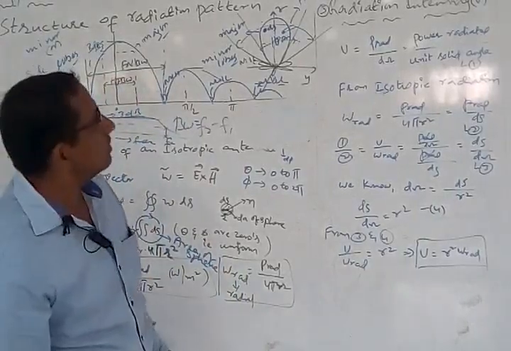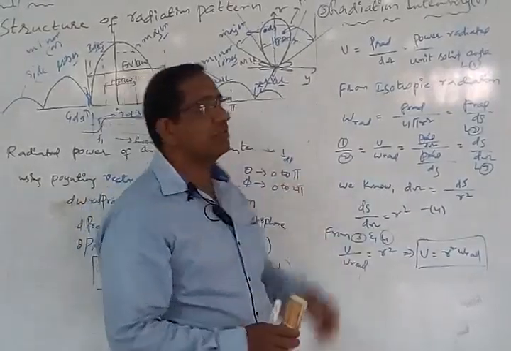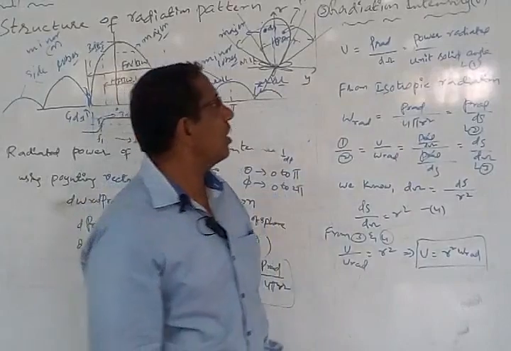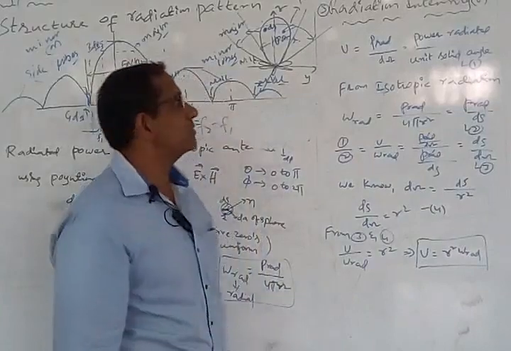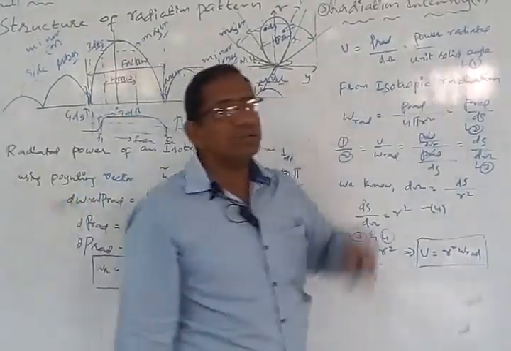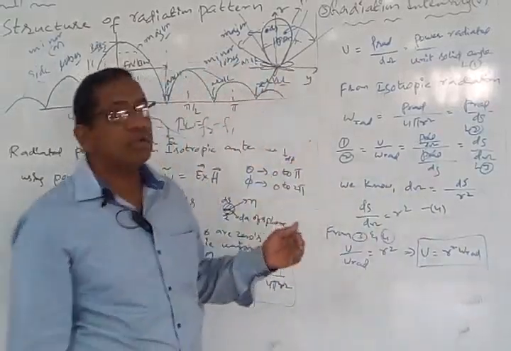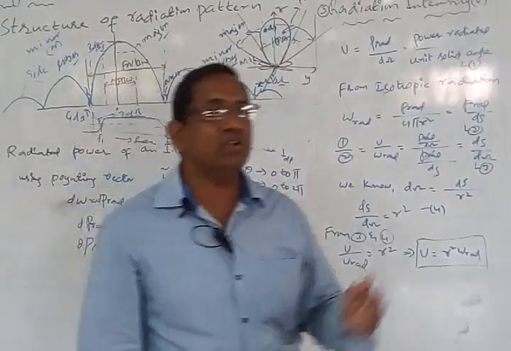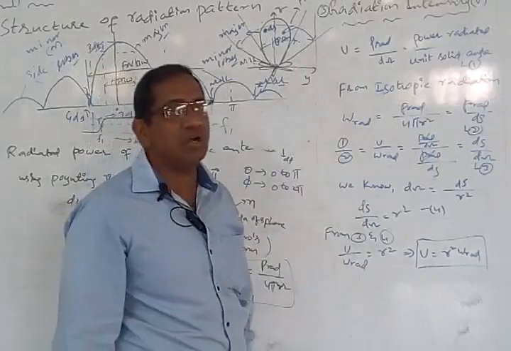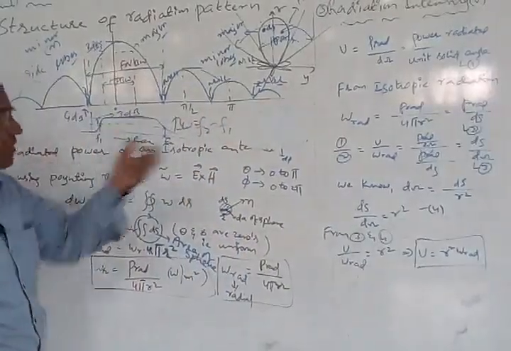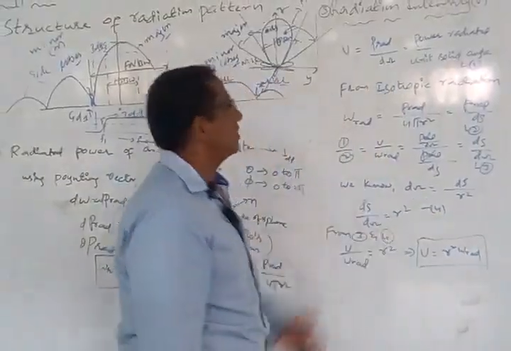Now the next important derivation is going to be the radiation intensity. The radiation intensity can be defined as the ratio of the power radiated by a transmitting antenna to the unit solid angle. Just after this we will discuss what is unit solid angle, what is radian, what is steradian. Until that time, please look into this derivation, because these two are the derivations which you have to compulsorily derive in the exam if asked. So I am deriving it for you.